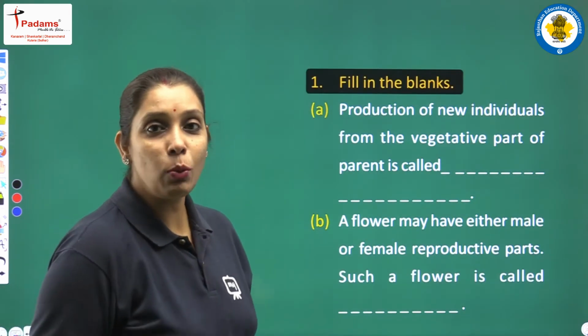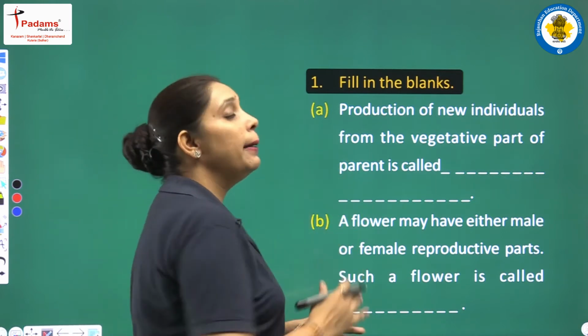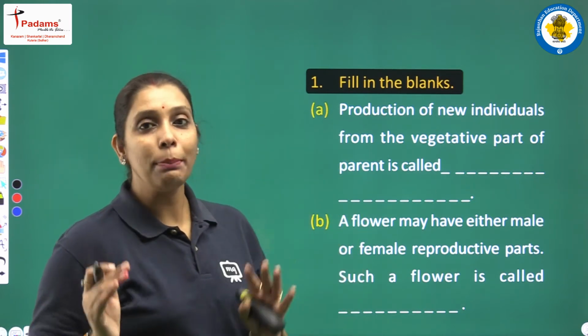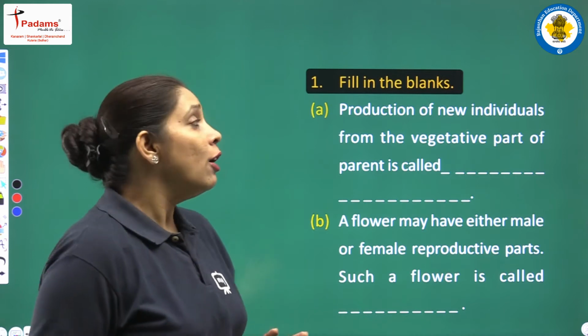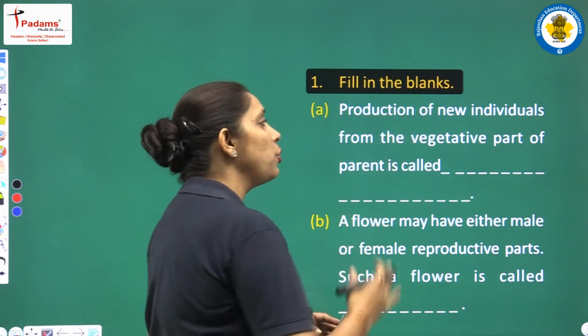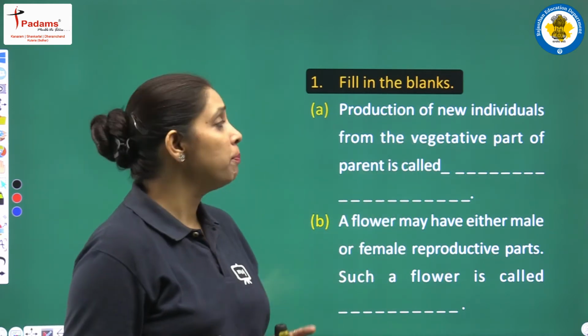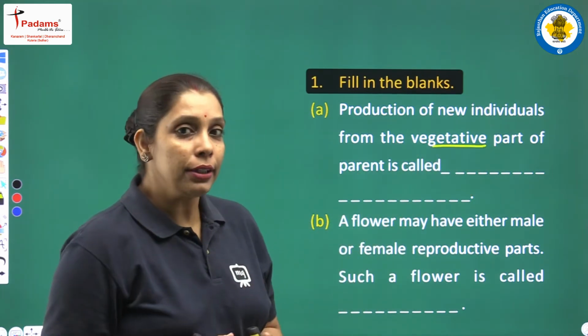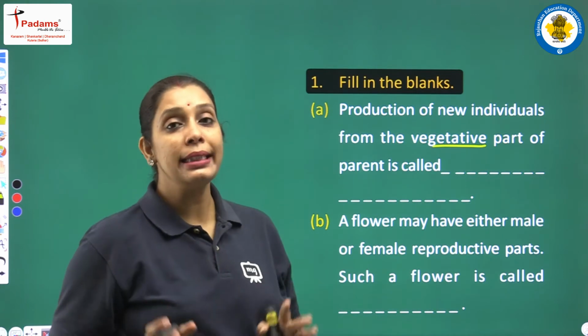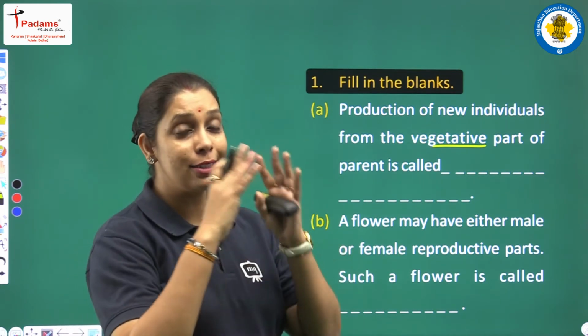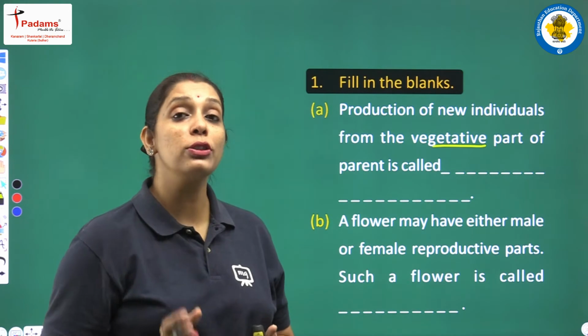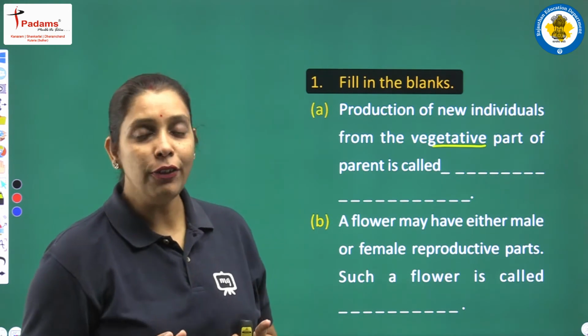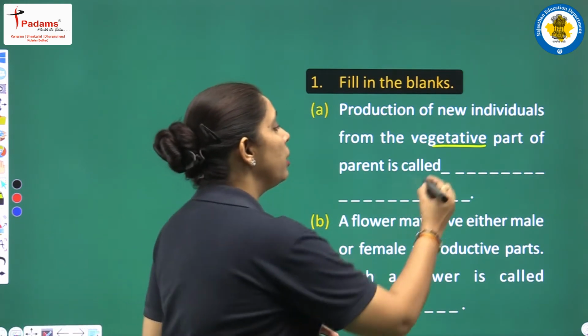And what is question number 1, class? It is fill in the blanks. Read one by one and fill them. First one is the production of new individuals from vegetative parts of its parent. And we know the reproduction from the vegetative part of a single parent, that mode is known as vegetative propagation. So here we will fill